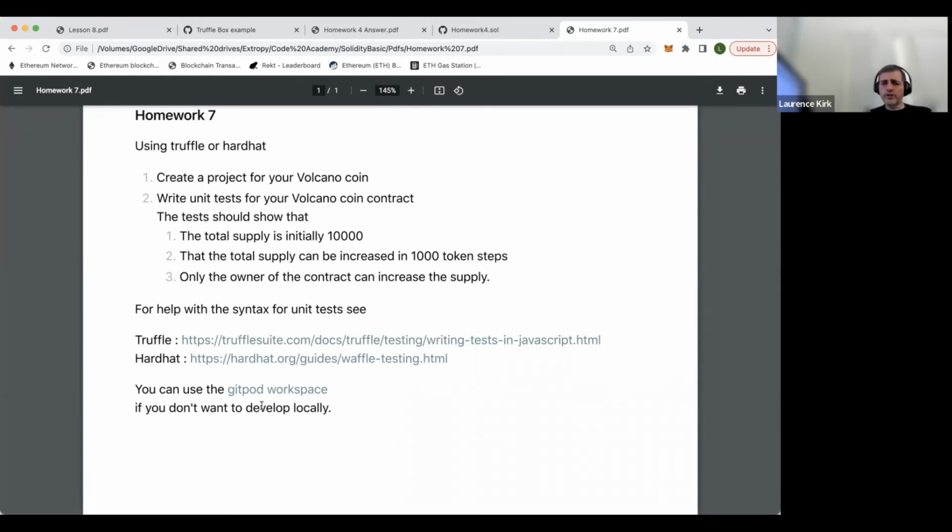If you look in the Gitpod workspace we've supplied, you will also see in the Hardhat example an example of tests for a different contract. In the Truffle example, we've got part of a test. We haven't filled in the function body, so you'll have to think about how you want to do that. But in either case, you can look at the documentation to work out the syntax for writing the unit tests, and it is quite straightforward. I gave you some examples yesterday as well. I don't think you'll have any